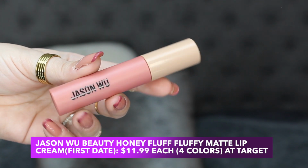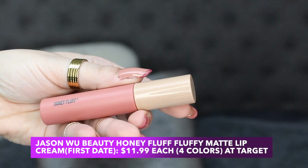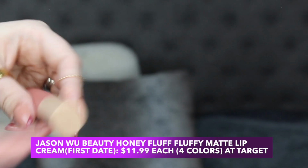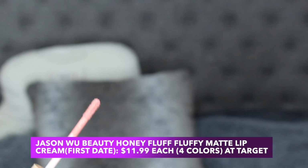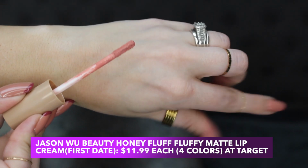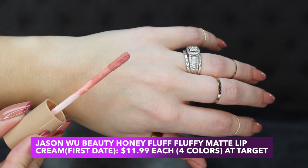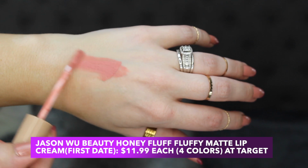And I really love the simplicity of it. I liked the wand. And the color, I love that. That would have been gorgeous on my lips today. But there's also a reason why I'm not wearing it on my lips today. And that's because this is one of the worst lip products I've ever tried in my life. If you have tried a Jason Wu Honey Fluff, did it work for you? Because